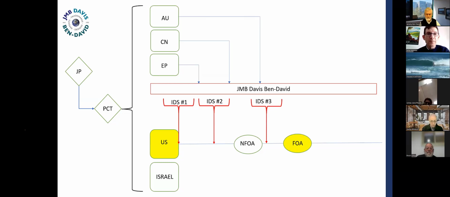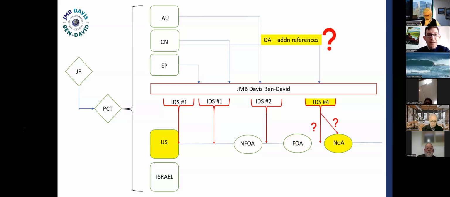Moving on, you get a final office action. And then after that, there's another office action that might be issued. If there are new references cited, the question is, what do you do with them? Here, in reality, the best practice is you cite them on an IDS as soon as possible, as long as it's within 3 months. Check that box on the form, make that certification statement, pay the fee, and get it on file.